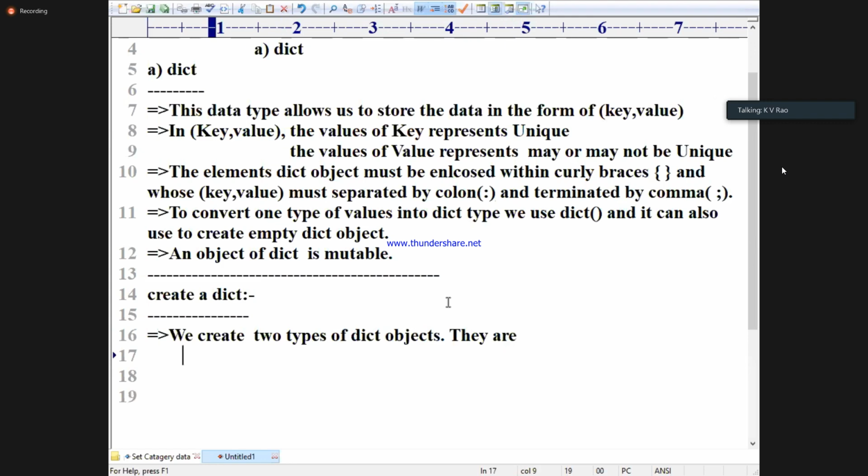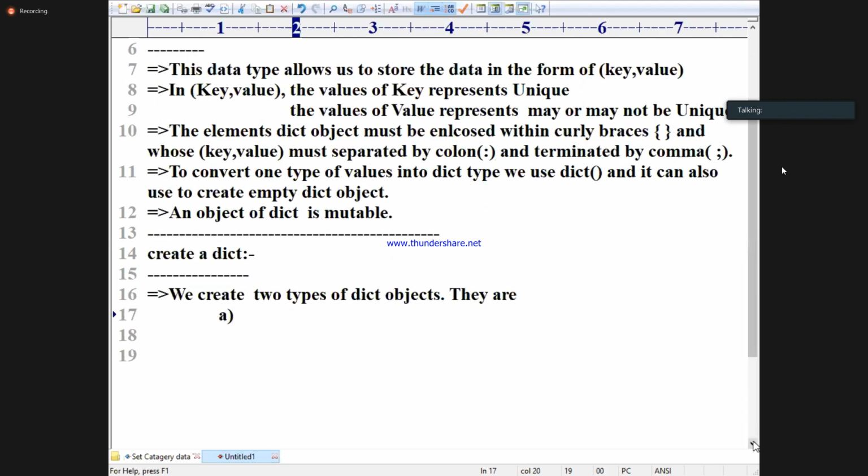They are A. Empty dict object, and B. Non-empty dict.